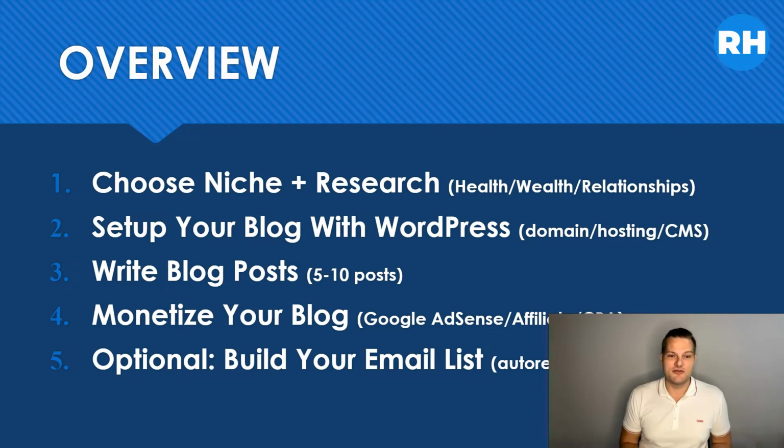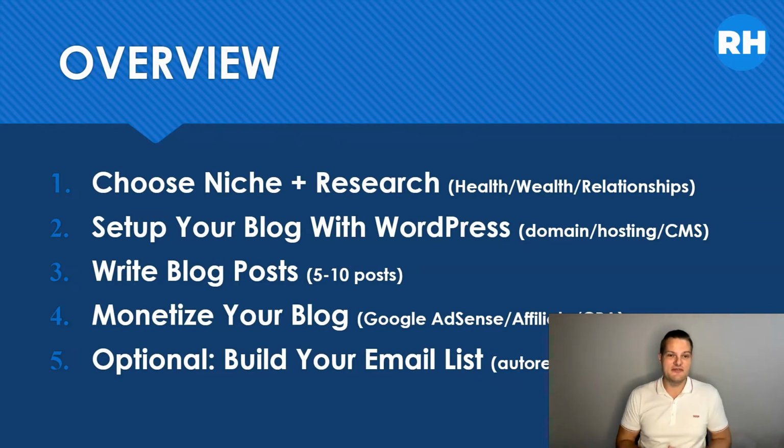Furthermore, you could go to the different affiliate network platforms where you can see the popular products that are being sold right now. Because if products are being sold in a niche, that means that that niche is viable and people are actually making money in this niche. And this is how you want to profit in this niche as well, because affiliate marketing is one of the best ways to monetize your blog. And you can do that by integrating these affiliate offers into your blog, and I'll get into that later on. But you could go, for example, to clickbank.com and search for the most popular products to see which kinds of niches are popular as well.